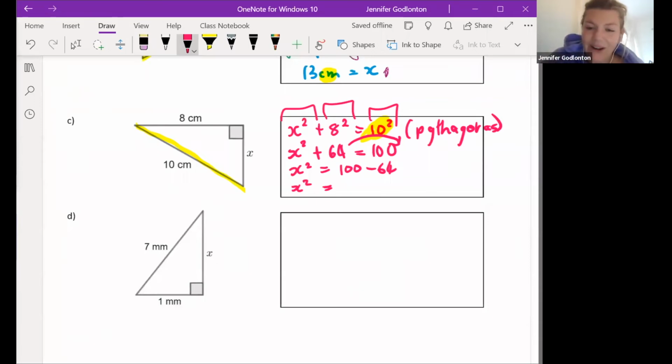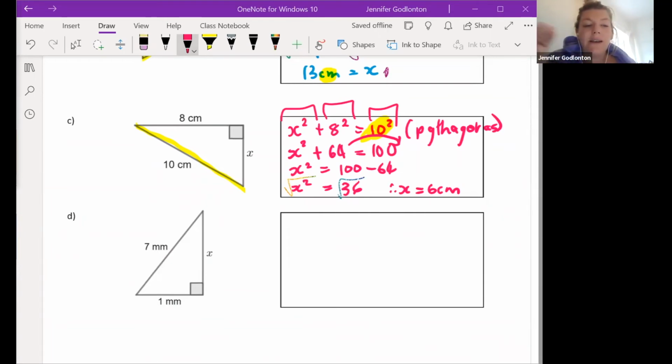36. Glorious. Okay, where would I go to from here? And then you're gonna square root the 36. Yes. And so what is x going to be equal to? X is equal to 6. X is equal to 6. Beautiful. So we really just have to,